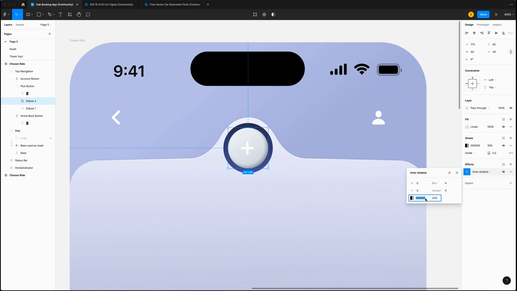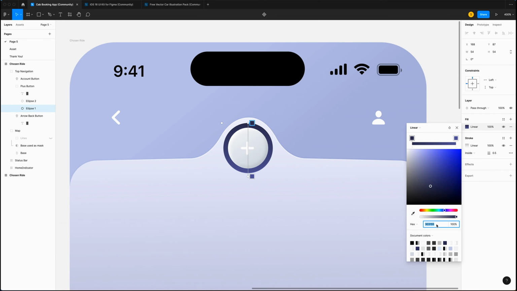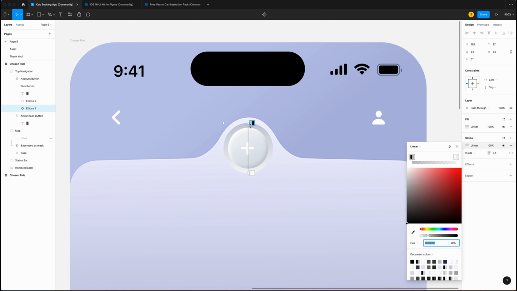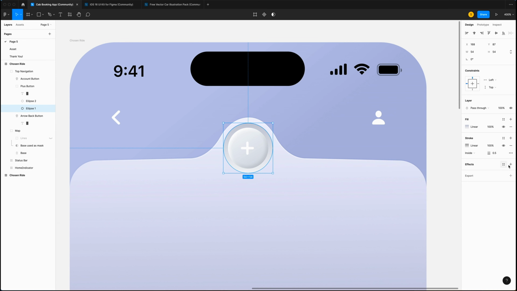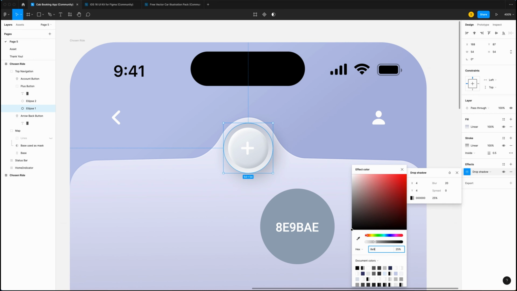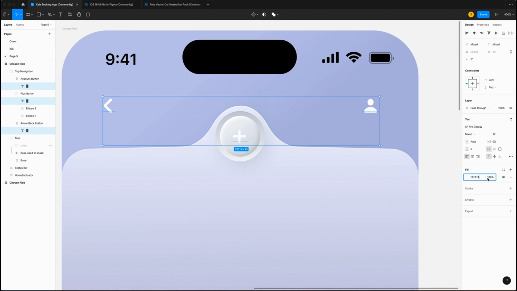The color is going to be 100. Going to add another inner shadow, this time for the light color, 2 to 4, white, 100. Now we're going to select the bigger one, change the first color. Bottom color is going to be, for the stroke, it's going to be 30 white, but I'm going to change to 60. Now we're going to add a drop shadow, 4, 4, and 20. The color is 25%. Select the tree icon. We're going to change the color to